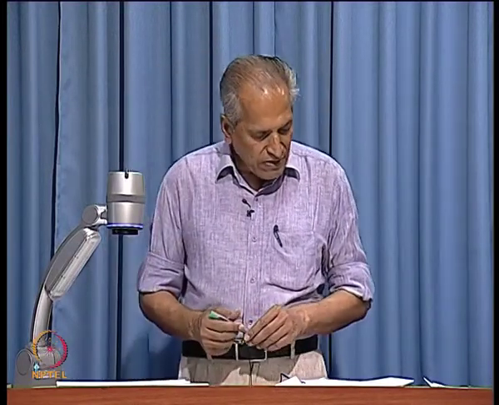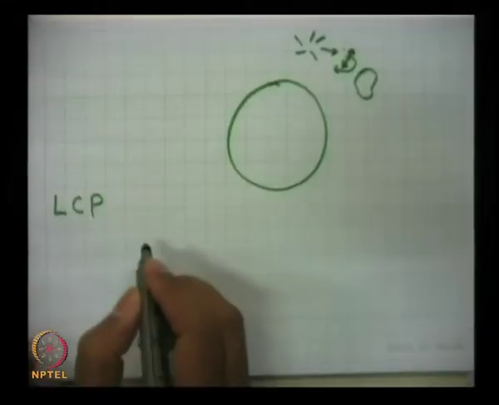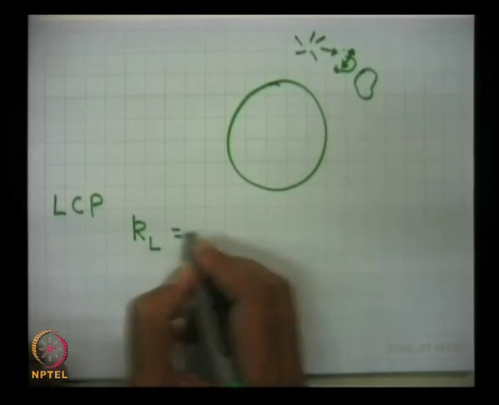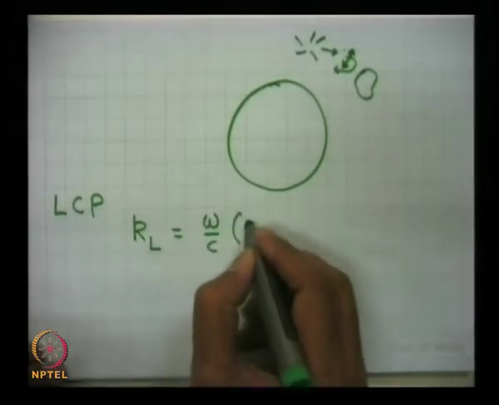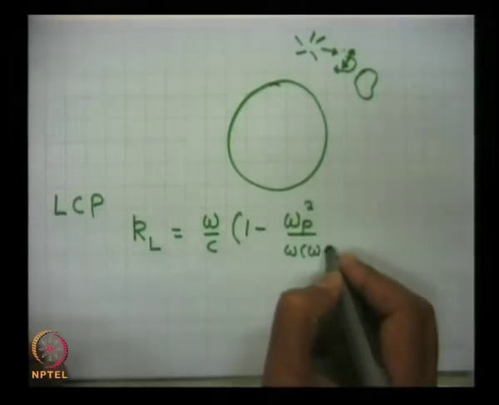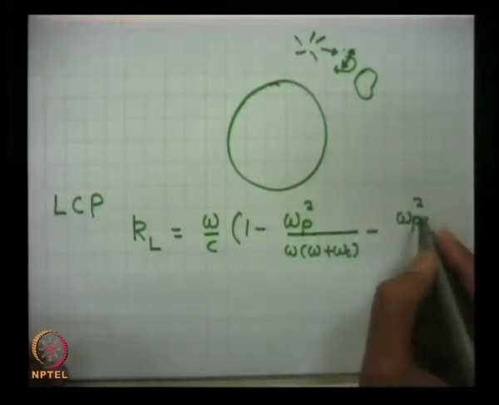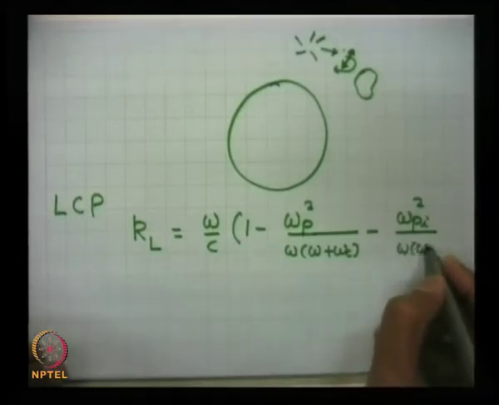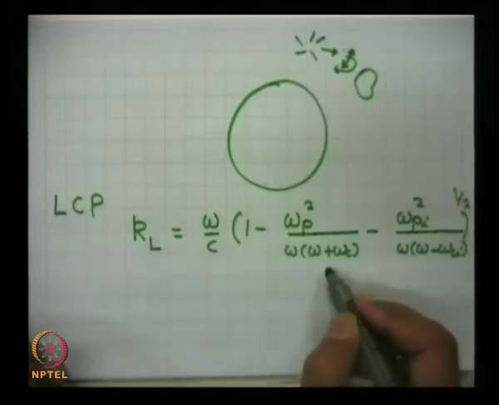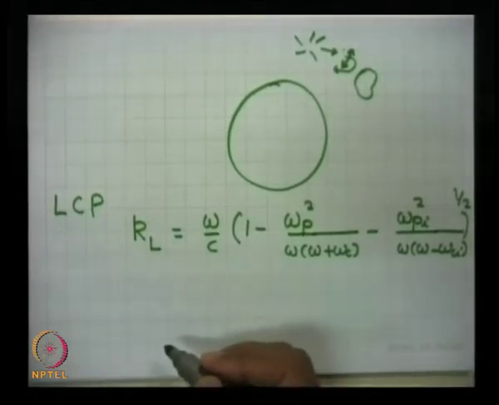Now, similar is the character of LCP, the left circularly polarized wave. The only thing is that in this case the k vector of this wave is omega by c, 1 minus omega p square upon omega into omega plus omega c, and the ion term is omega pi square upon omega into omega minus omega ci, to the power half. So, rather than having electron cyclotron resonance, you are expecting an ion cyclotron resonance, and similar